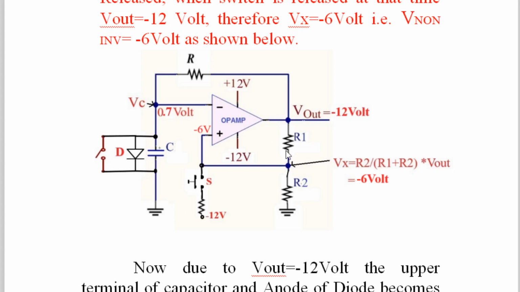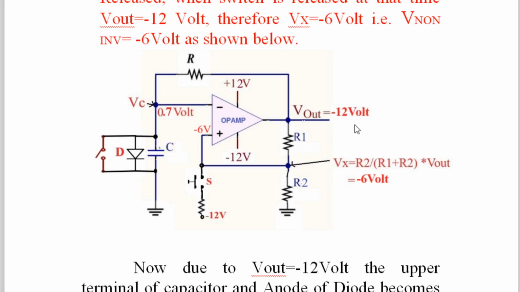and the moment as soon as this is minus 12 volt, see what happens. R1 and R2 say that now this point is minus 6, because of the potential divider circuit, this voltage is minus 12. Therefore, this point is now at minus 6. And this is what happens when you press the switch and release it. No doubt the output changes from plus 12 to minus 12. But as soon as you release the switch, the potential divider circuit performs its job. It says that its input now is minus 12, not plus 12. Therefore, here it is not plus 6, it is minus 6. So this happens by just pressing the switch and then releasing the switch.